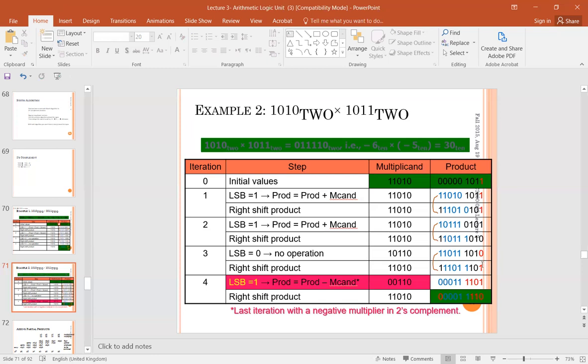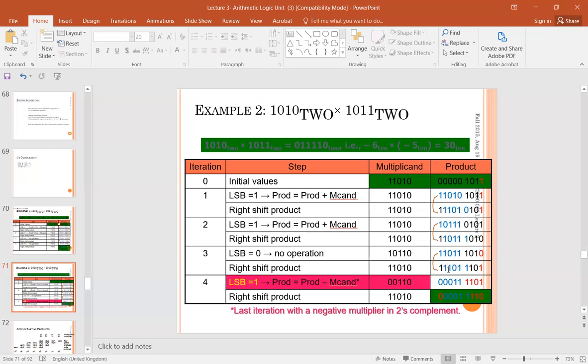If of course the last bit is 1. If it's 0, it's going to be a shift. There is nothing changed. We don't do anything. If the least significant bit is a 1, we'll just do a subtract from this final result, which is the multiplicand now 11010. We will inverse it first, take the 2's complement, put it back, it becomes a 6. Now remember, our product was minus 6. So this is 6. I got it back. So if I add 6 to this result, then my result is going to be a positive result for sure,